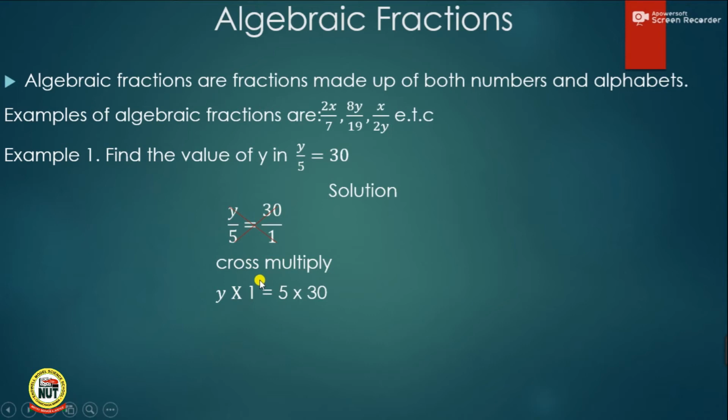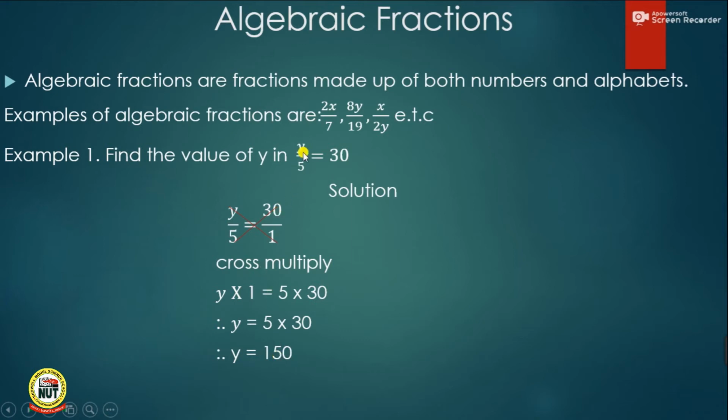So having gotten this, the next thing we're going to do is to simplify this expression. And to simplify this expression, we have y times 1 to be equal to y. So to multiply 5 by 30, we're going to do that by skipping 0. Multiplication by skipping 0. So we're going to skip this 0, then we'll be left with 5 multiplied by 3. And 5 multiplied by 3 is 15. Therefore, 15 and then the 0 we skipped, making what? 150. It therefore implies that y is equal to